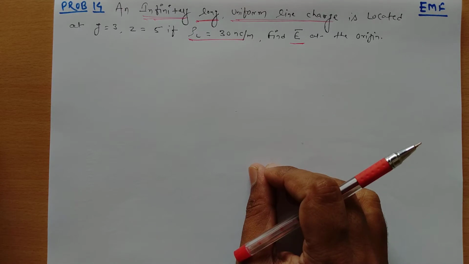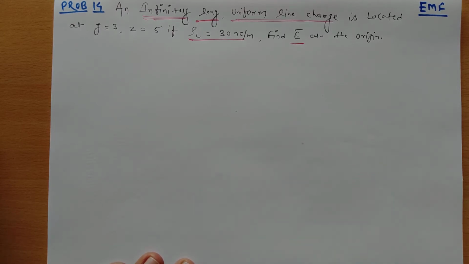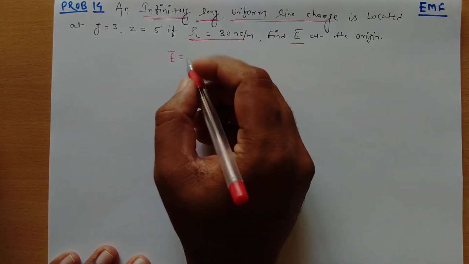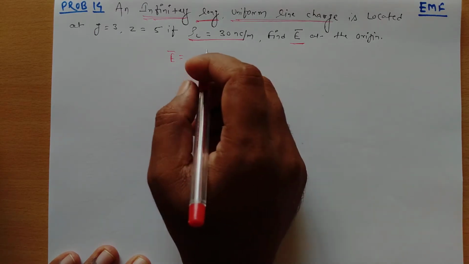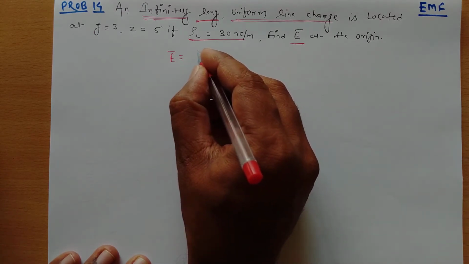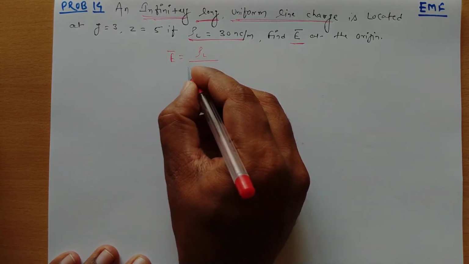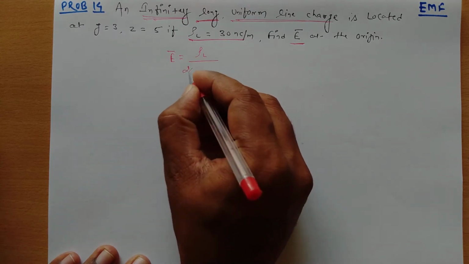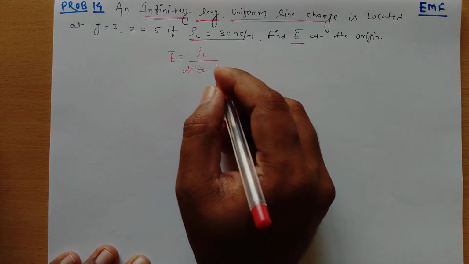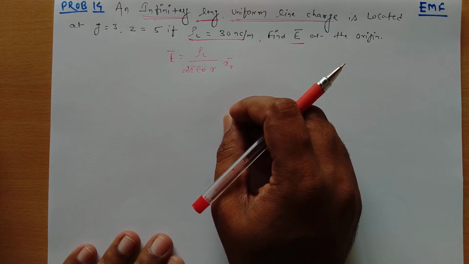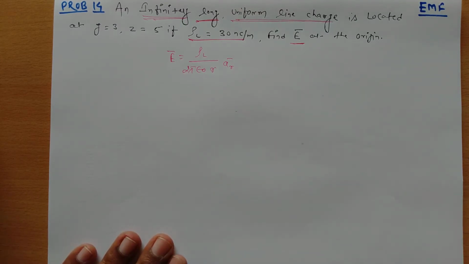As you know, in the previous video I told you about the electric field intensity due to the infinite line charge, right? The same expression we'll use in this problem. So the expression we noted was, the electric field intensity due to the infinite line charge distribution will be given as rho L upon 2 pi epsilon naught R, a sub R, and this is the unit vector in air, right?